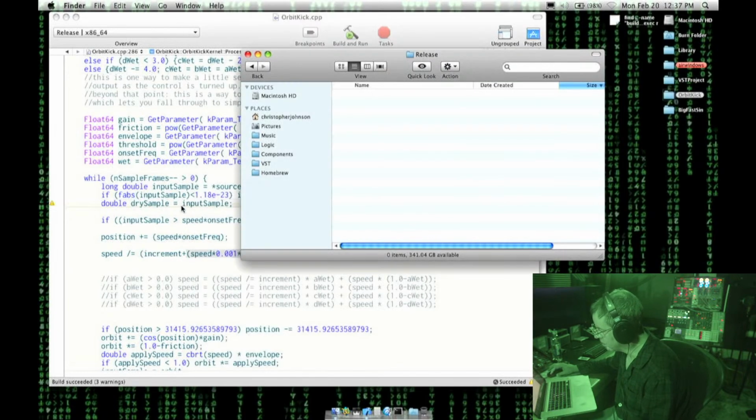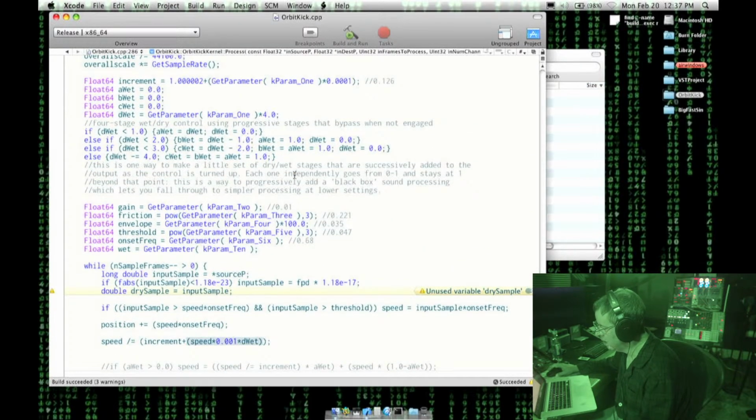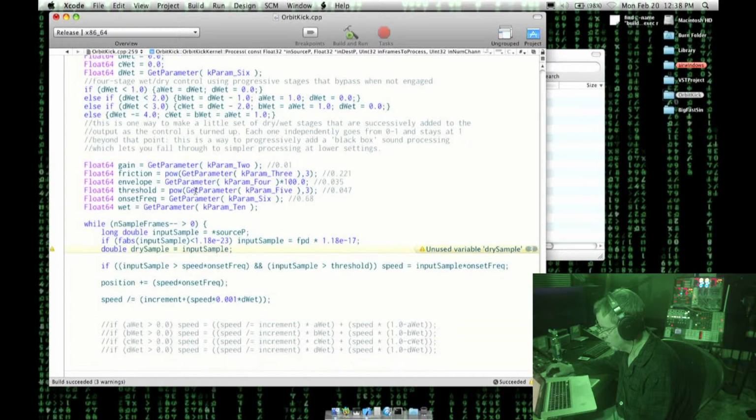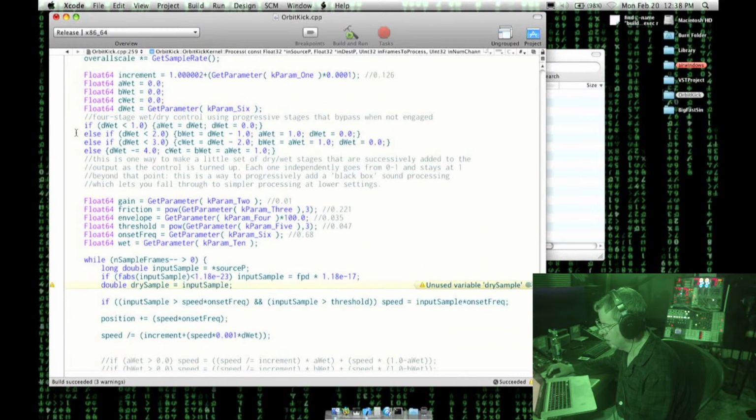Let's fool with it a little more. That was stacked upon parameter 1. Let's stack it upon parameter 6 instead. And then let's